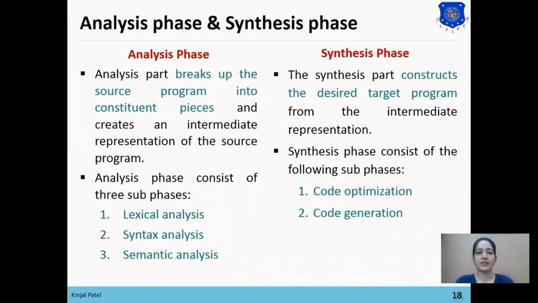So the next topic is phases of a compiler. The phases of a compiler consist of the analysis phase and the synthesis phase. So all these 6 sub phases of the analysis phase and synthesis phase are included in the phases of a compiler. We will learn these 6 phases in detail in our next lecture. And in this lecture we have learned different types of translators, the context of a compiler, and the analysis and synthesis model of a compiler. And in our next lecture we will learn the phases of a compiler, pass structure of a compiler, and different types of compilers.